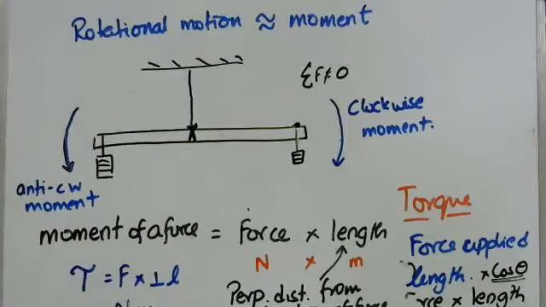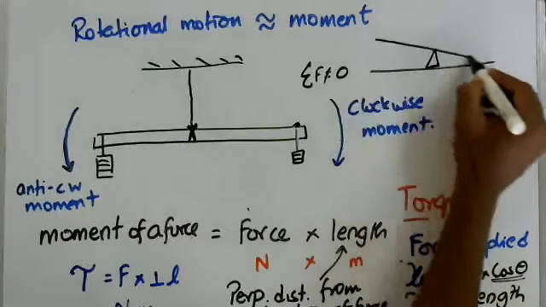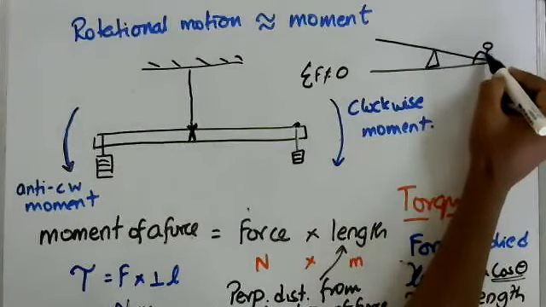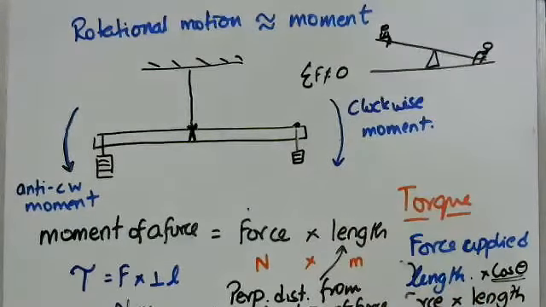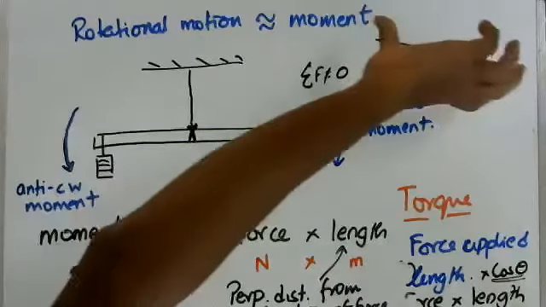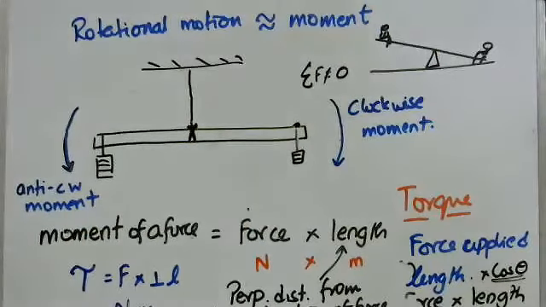So when you have an object which is suspended and in equilibrium, like the beam balance, you can also take a similar situation in the case of a playground seesaw. Again the same thing applies. Depending upon how the weights are applied, you can have a clockwise moment or an anti-clockwise moment. So just to familiarize you with the terms, what is a clockwise moment and what is an anti-clockwise moment?